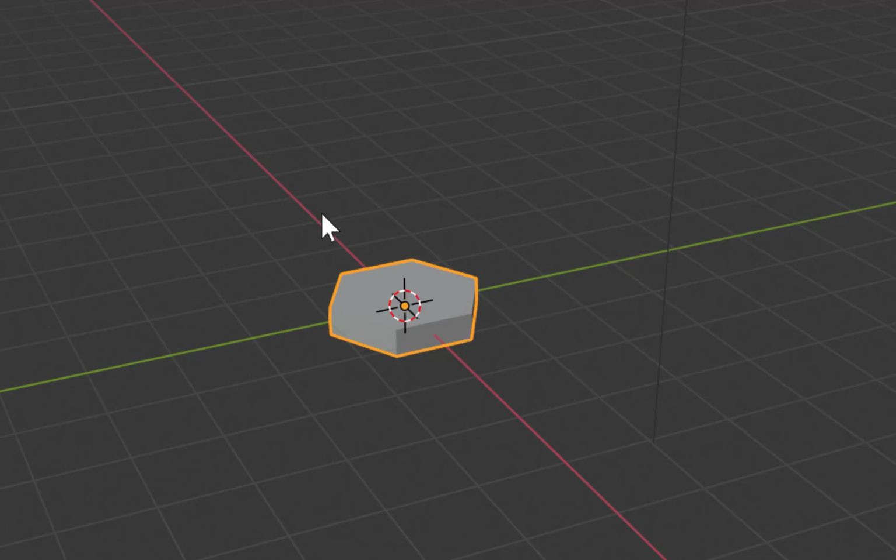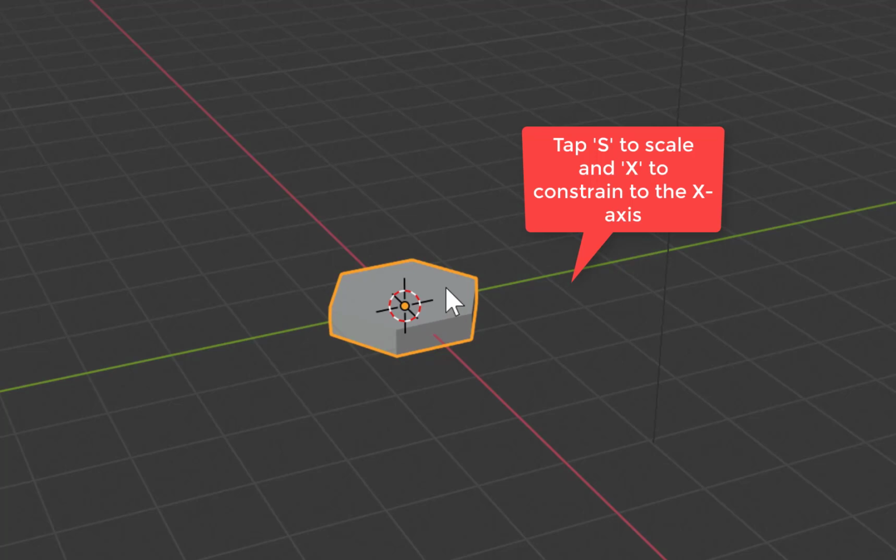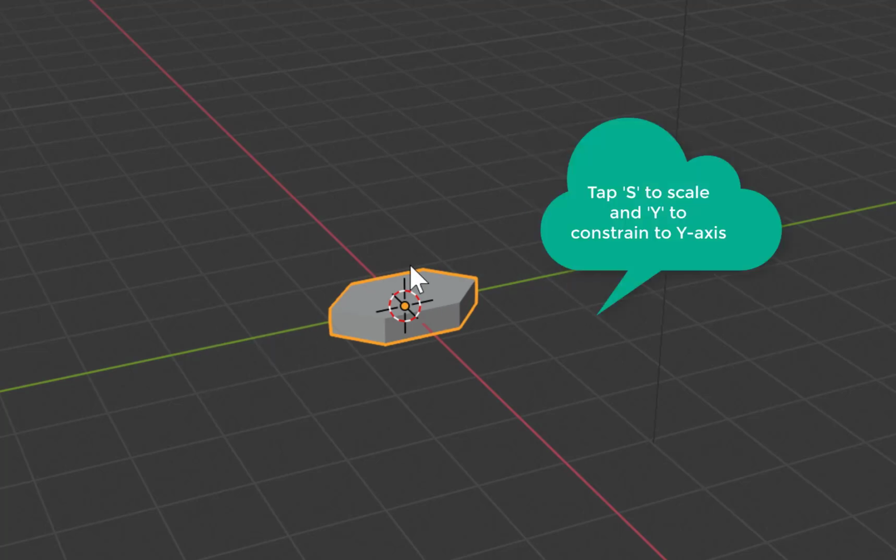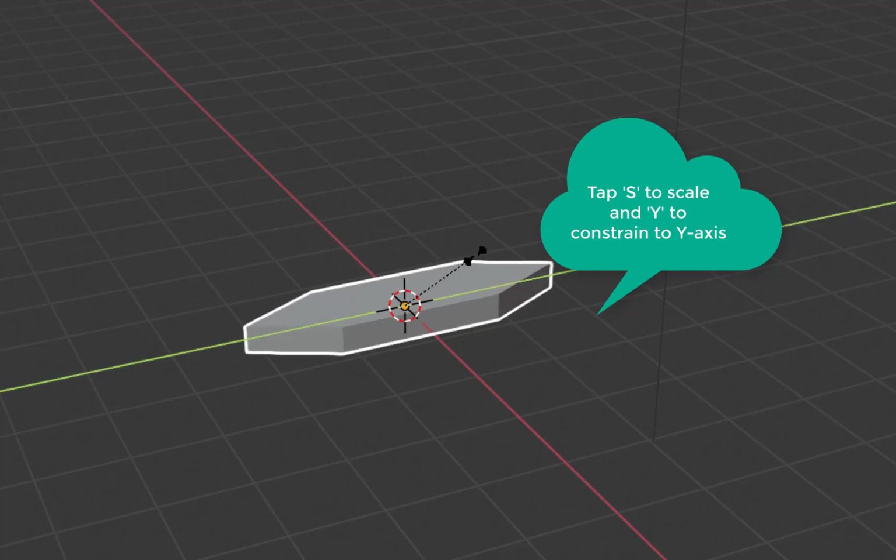It's a bit wide in the X direction. The red axis is the X direction. And so we're going to go ahead and scale in the X direction and thin that up a little bit. And it needs to be a little bit longer in the Y direction. So we're going to hit S to scale, constrain that with the Y. And I'm going to stretch it out a little bit. All right, so there's our